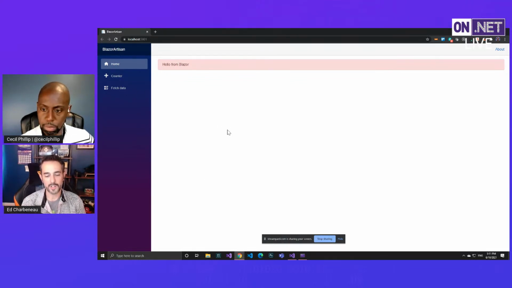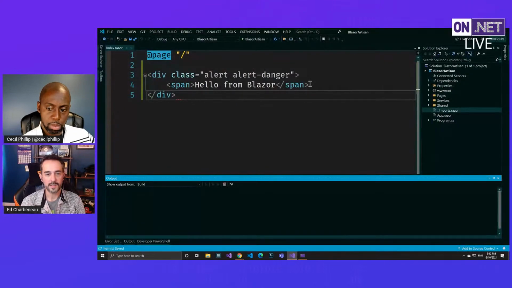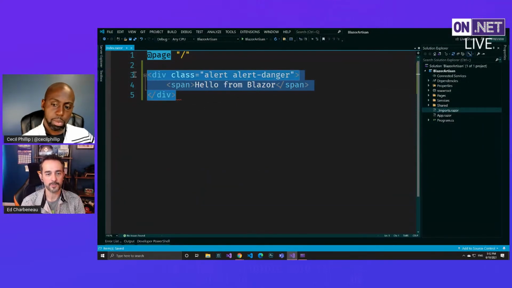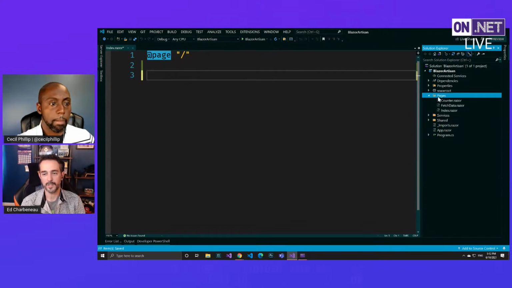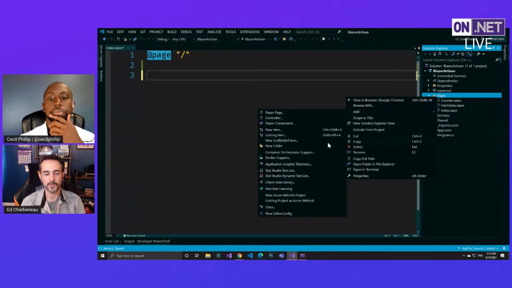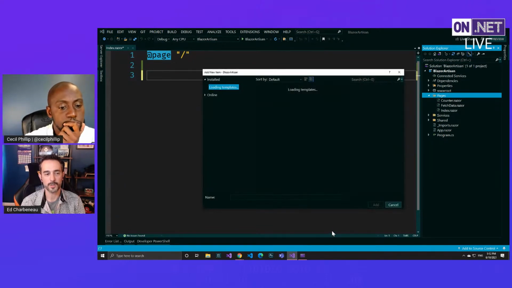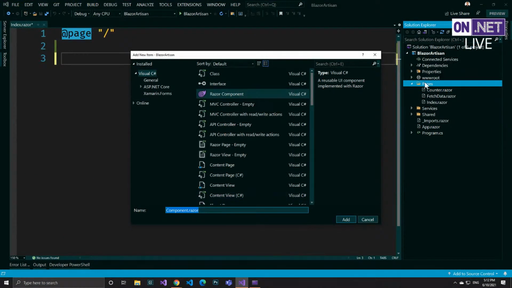And what I'd like to do is actually make this into a reusable component. So that's what we're going to focus on next. So if I take this HTML out of here and I create, let's go ahead and just add into our pages folder. We'll move this to another place in just a minute, but I just want to show how easy this is. So I did add a new item. We're going to select Razor component. That is what Blazor's made up of, is Razor components. And we'll call this alert